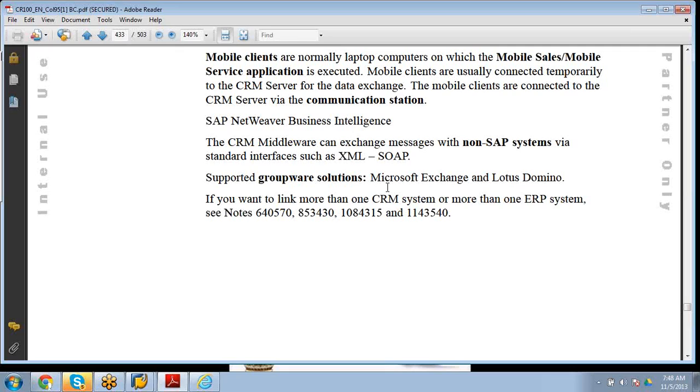Generally, groupware means Lotus and Microsoft Exchange. Whenever there are non-SAP interfaces, like Siebel or PeopleSoft or any other ERP, XML SOAP will be used. Just write this point.